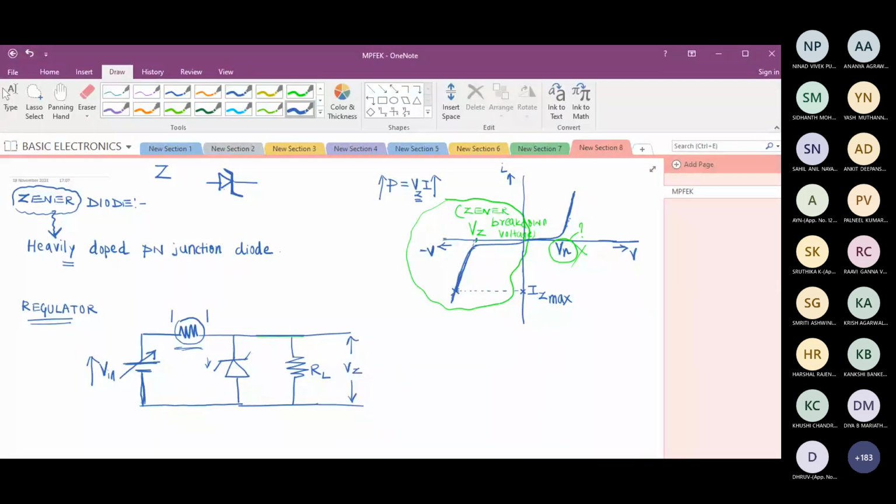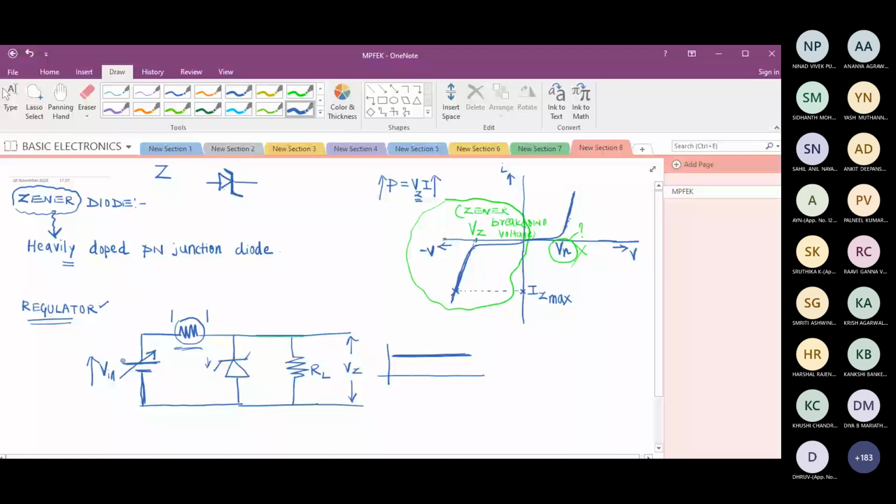Does it satisfy my requirement? It does, sir. Understood? This is how we can take out the fluctuation and get a constant value. That is why we call this a regulator. What is a regulator? Now I come to the definition. I will practically explain what this is. We are going to do analysis. Don't worry, full analysis, full design we are going to do.